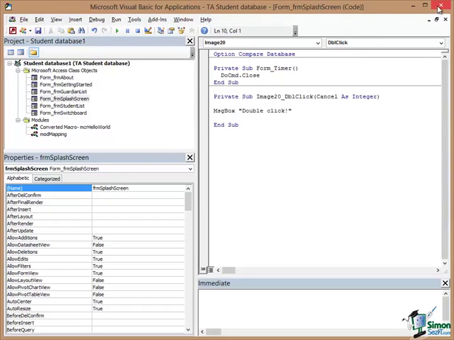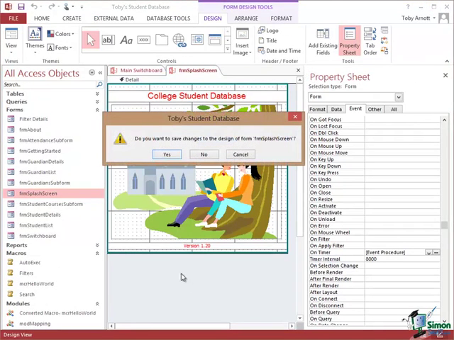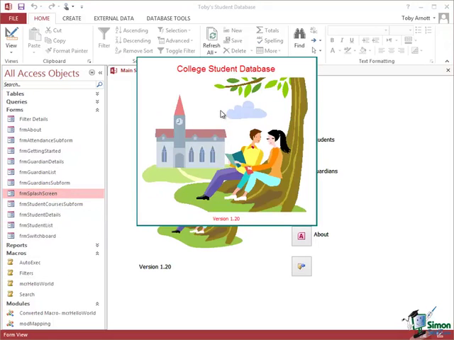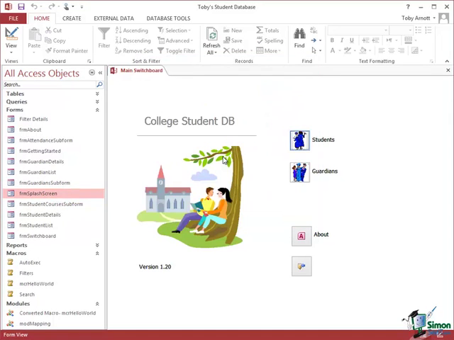Now what I'm going to do is to close that, close the form, make sure I say yes to saving changes. Let me just open the form up again. I don't actually need to restart the database to kick it off, but let's just open it up again. And I'll quickly double click on the picture. And there's my message, double click. Click on OK, and the picture's timer just kicked in as well. So that's how you associate event procedures with either forms or objects on forms, and how you make things happen